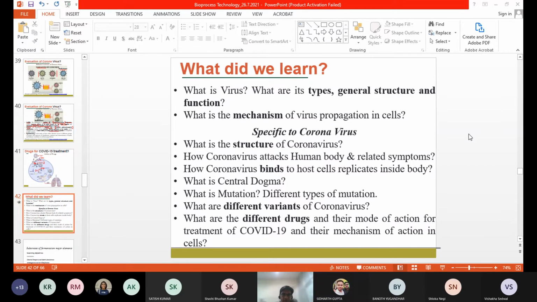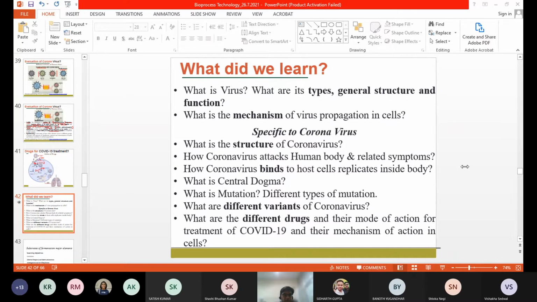Yes, sir. Okay. So anyone can tell what the structure is? Everyone has to interact, otherwise it is very difficult to continue like this, because if I don't understand whether you are getting it or not, then there is no meaning in teaching an interesting topic. It has to be there that you are getting those points or not, and most of the students are from a non-biological background, so it is very important for me to understand that you are getting the things or not. Okay, so Anand, Kesab, Animesh, anyone? Kirtan?